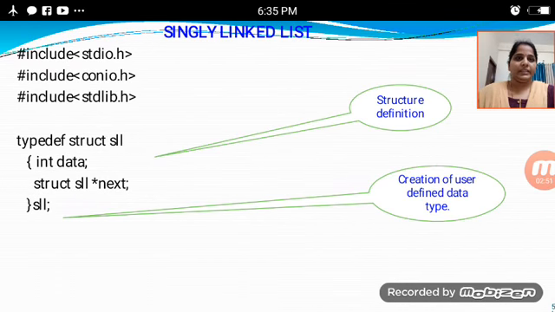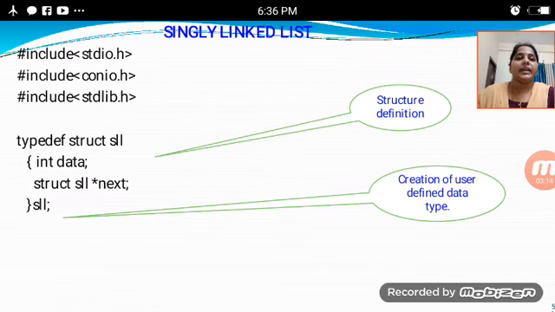In this single linked list program, the program starts with header files. Hash include stdio.h is the standard input output header file. The hash is a preprocessor, which includes header files.